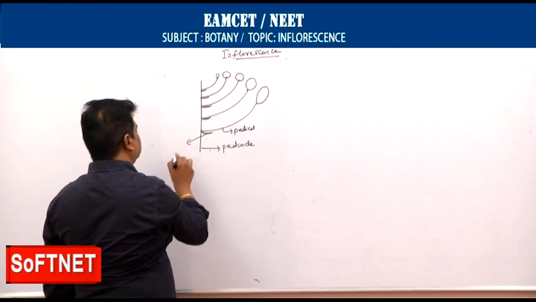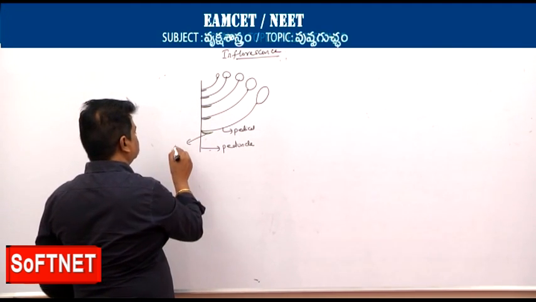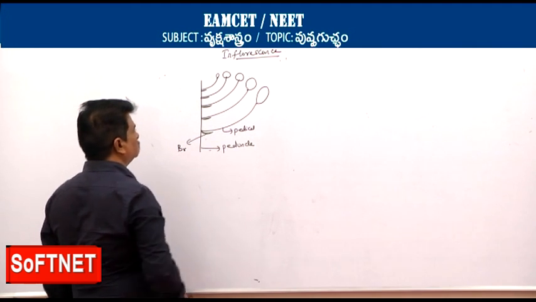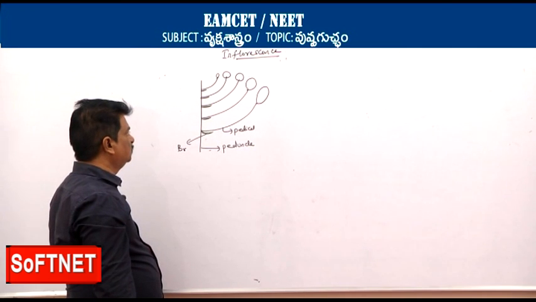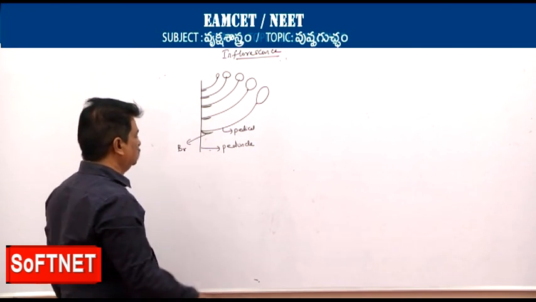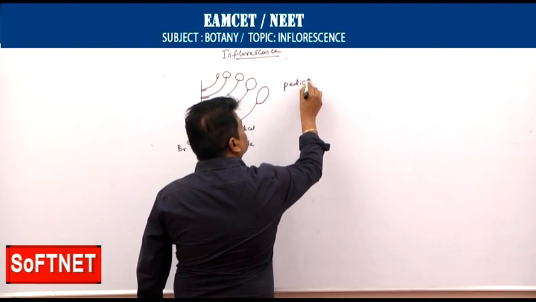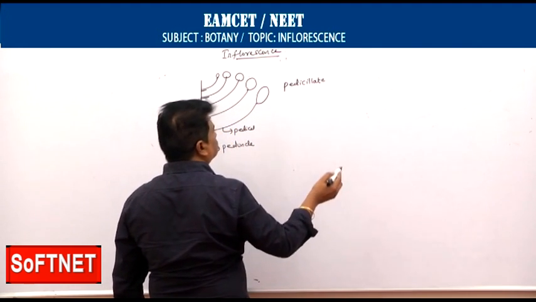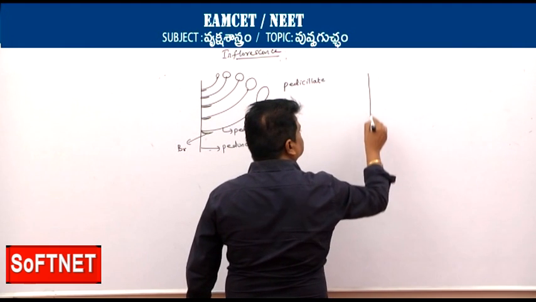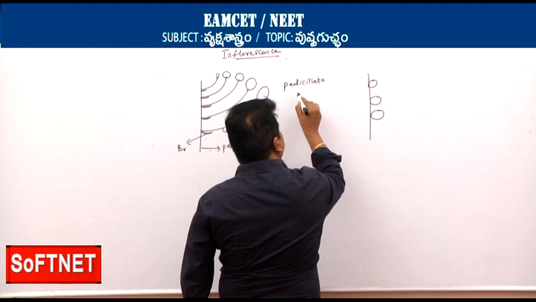Then the flower arises from a small scaly structure. This small scaly structure is called a bract. Then if a flower has a pedicel, it is called a pedicellate flower. If a flower is without a pedicel, such a flower is said to be